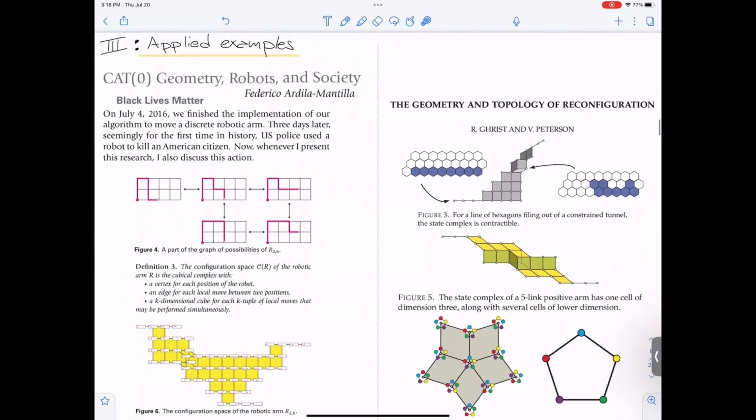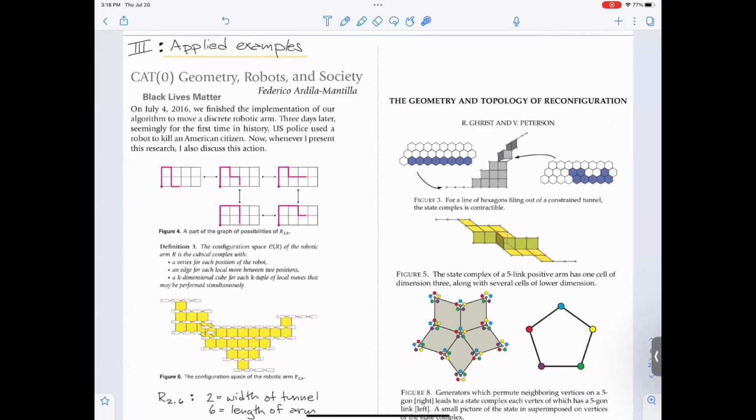So for the applied examples, we have 2 articles here. And if anybody would like my slides after, I'm happy to email them to you. So they're both along the lines of robotic movement, configuration spaces for robots in some sort of environment. This one is about a robot. So this is a configuration space for a robot arm that has length 6 in a tunnel of width 2, and you will also see in this